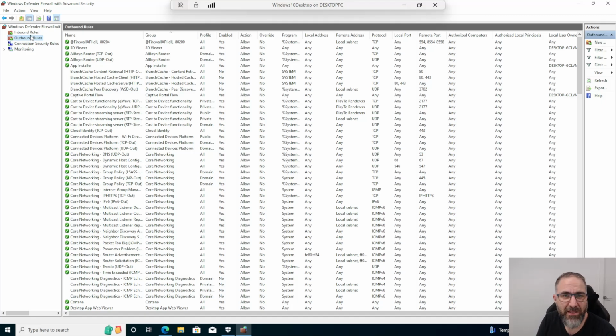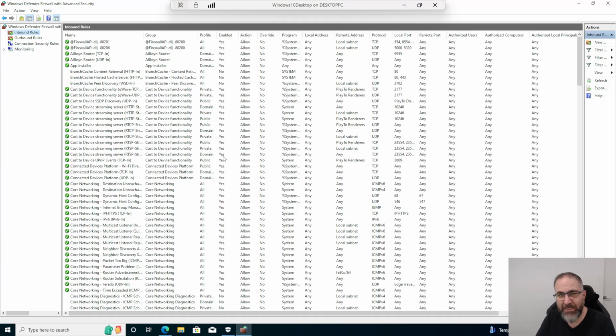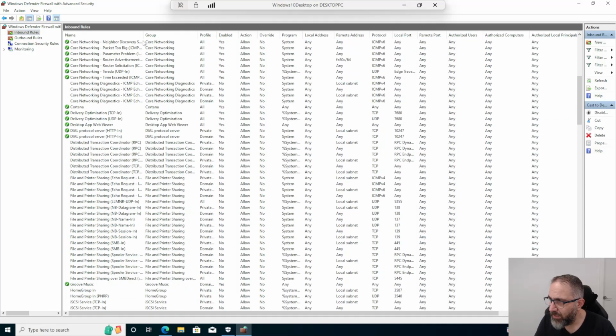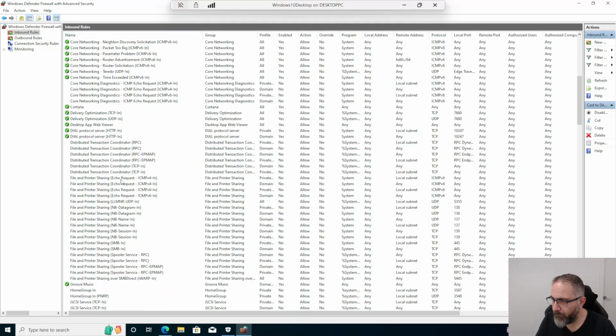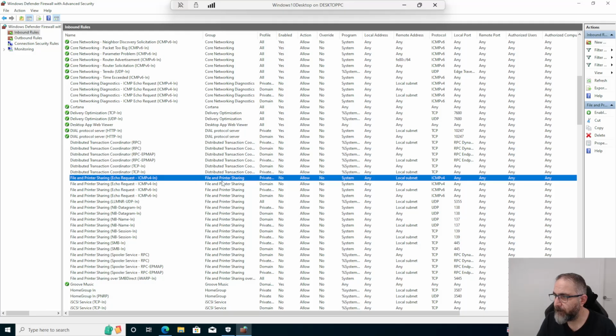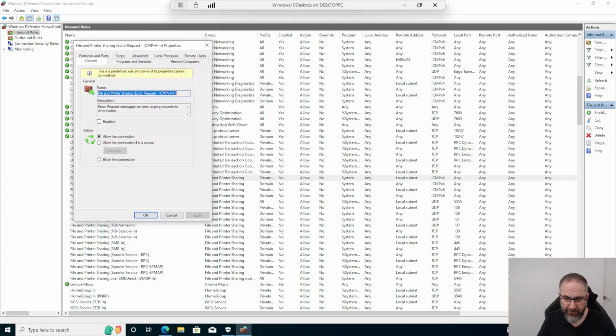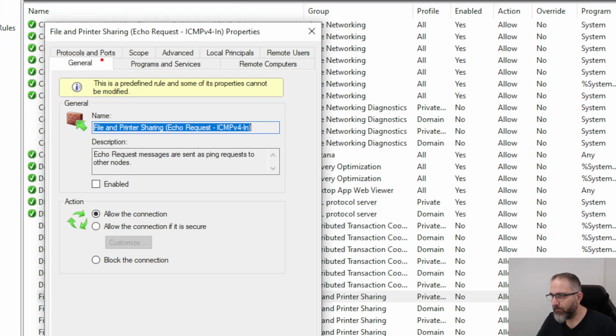The configurations, the feel of it, is very similar. But say someone is pinging my machine and I can't get the pings because there's a firewall blocking it. We can scroll down to one of these ones here, echo request in. If we double click that, this is what the firewall configuration looks like. There will be an exercise for you to follow along, so you can do this along with this demonstration. But if you look here,